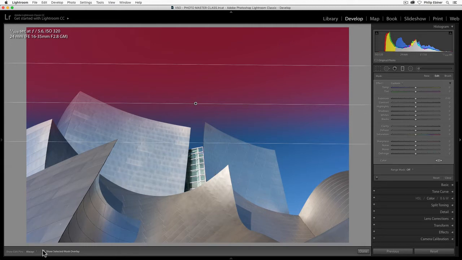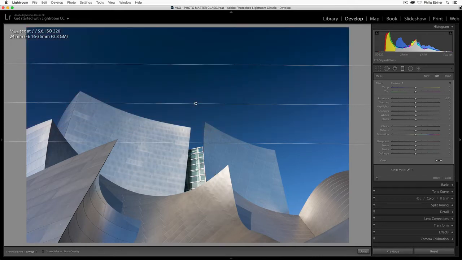And again, this is just to show the selection. This is not actually editing anything. The sky is not pink now. So let me turn that off, because now we have all of these adjustments over here, which are basically similar to what we've done before, but we can adjust just this top part of the image now.